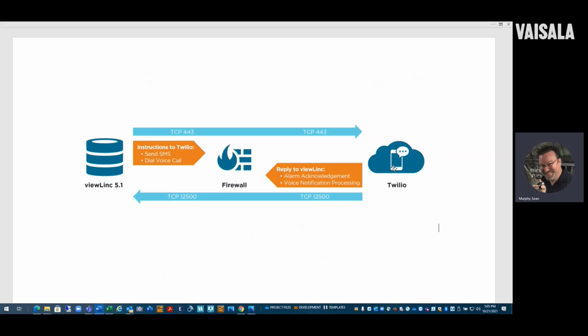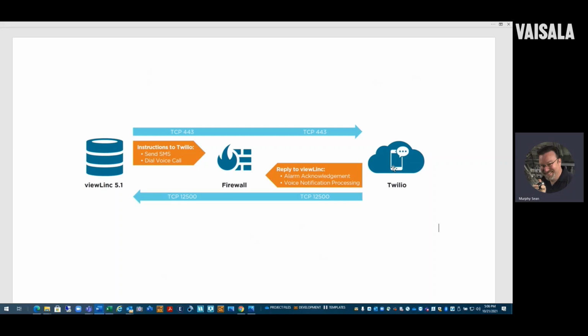It will give you that middle of the night telephone call, but it won't tell you what it is. So that's the limitation when you don't have that inbound TCP port 12500 open through the firewall.